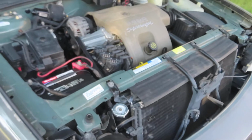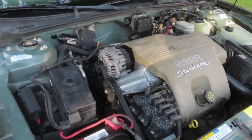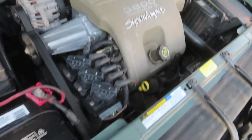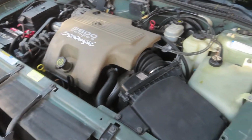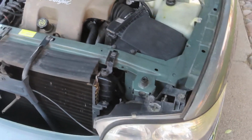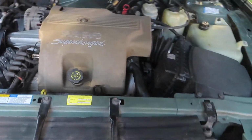Luckily this car is bone stock. It's kind of a grandpa's car, which most people enjoy. That being said, it's never been modified. Just been taken care of and maintained its whole life. Oil changes, stuff, things like that. The original color was like a slate teal green, but